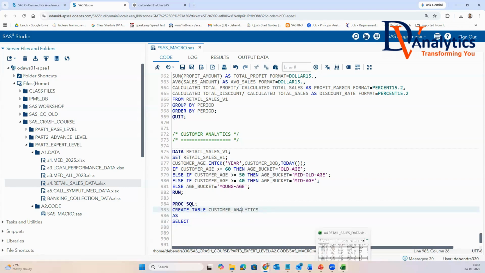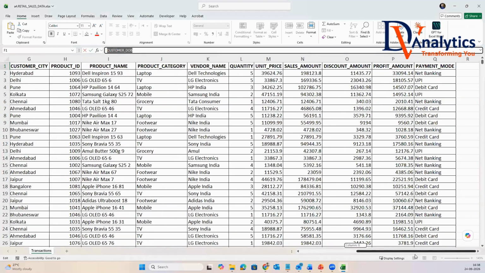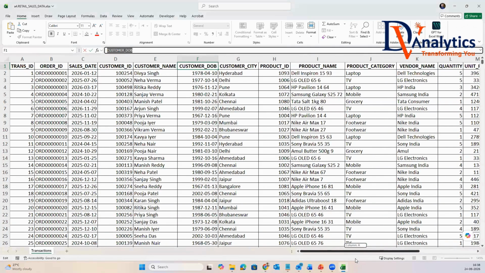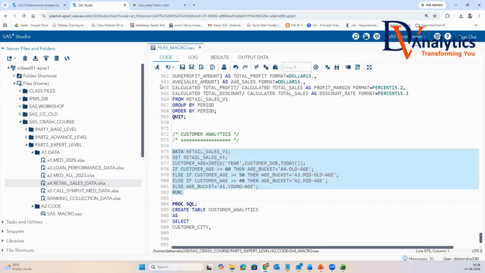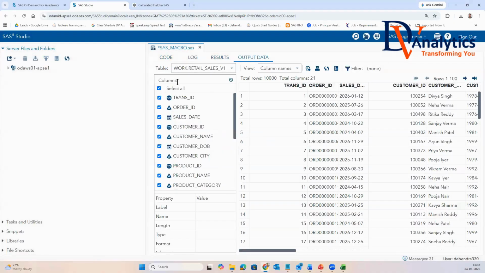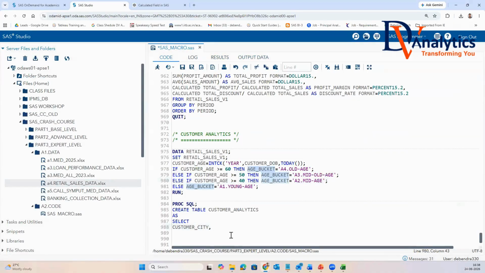In this data you are given customer location also, city. Select customer city wise, age bucket, which is called A1 dot, A2 dot, A3 dot, and A4 dot. You call this city wise,